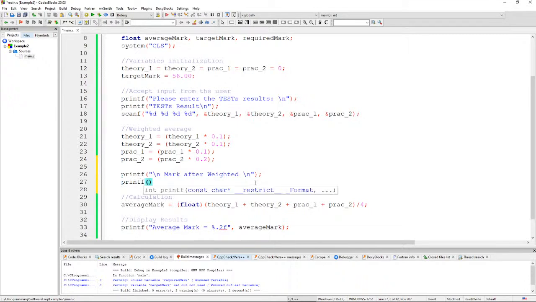Printf, then you say theory 1 is equal to... Now all of these, they are now float. You must remember that all these variables are now going to be float because you are multiplying by a float variable, so the result is going to be a float value. So in your format specifier here, you have to include a float, and you can choose how many decimal places you want after the comma. So I'm choosing 1. Okay, and then I'm going into a new line, double new line, and then I place the theory 1 variable